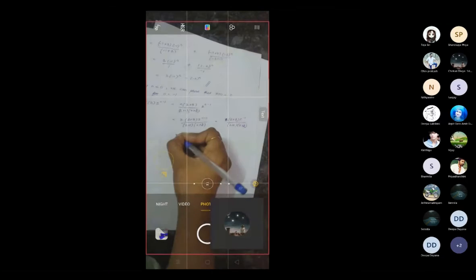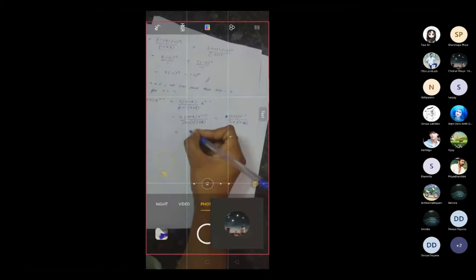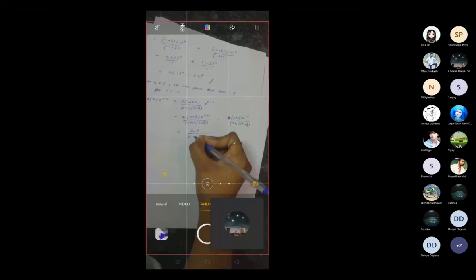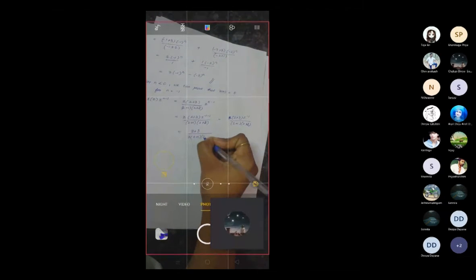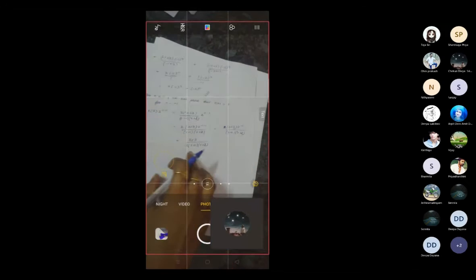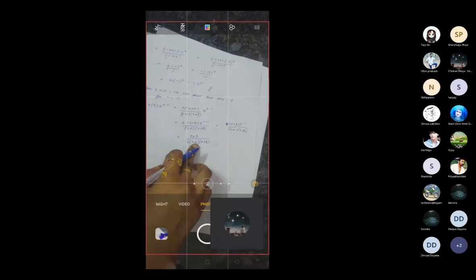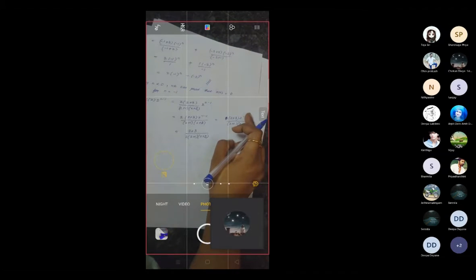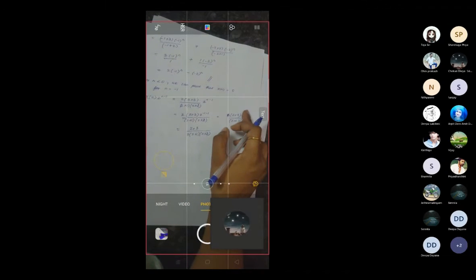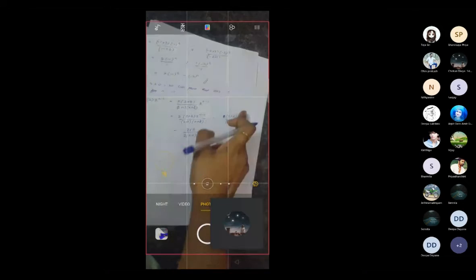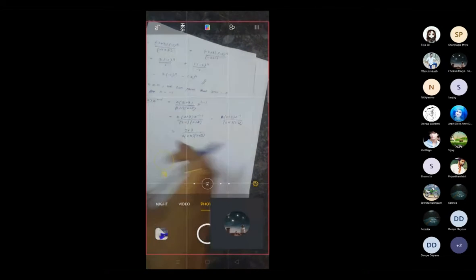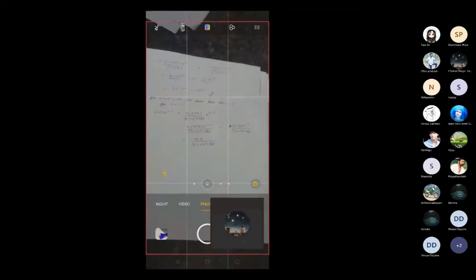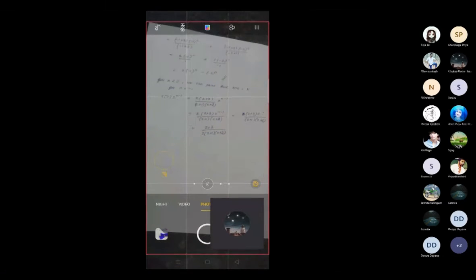This z inverse you can write as z plus 3 divided by z into z plus 1 into z plus 2, because the whole term should be in the form of z. It should not be z inverse. So I am going to write this z inverse as 1 divided by z. So this z will go to the denominator. You will get poles like this. Now how many poles are there here? Here you will get 3 poles, right? So you have to find out 3 residues.